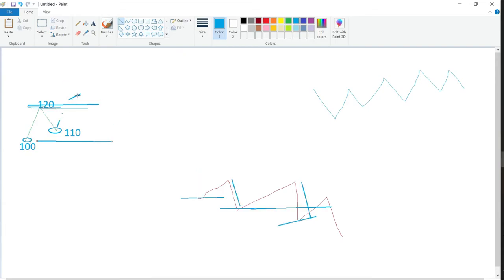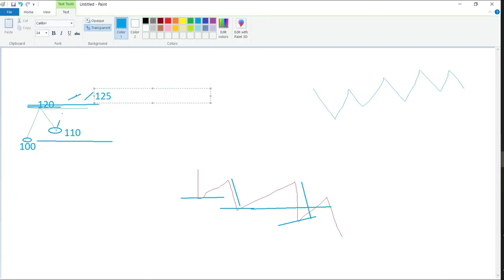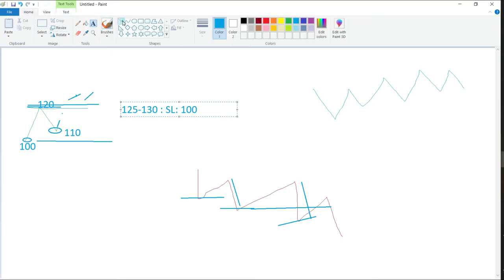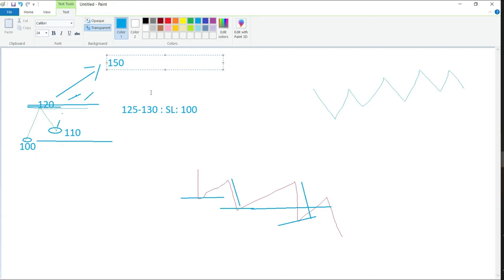So I'll buy these stocks at maybe 125 level to 130 levels, keeping stop loss at 100. Because I'm having a bullish view on this trend, and from my perspective, the stock has to move from 120 to maybe around 150 level. So for that, I will buy at 125 or 130 level and keep a stop loss at 100 and expect a move towards 150 level. So this way you have to go with the trend in the stock market and be precise at what entry level you would like to enter.